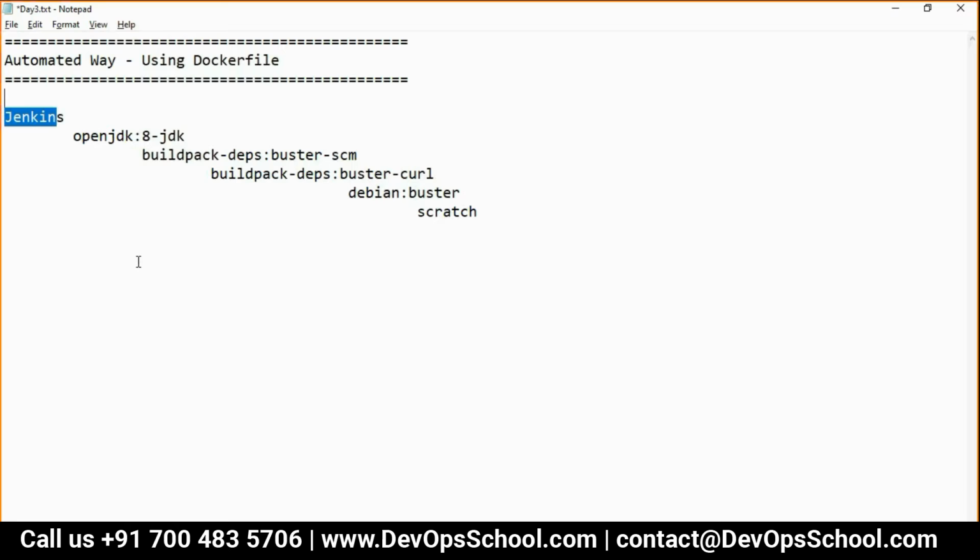You could have also done it like this: first, you create a container from Ubuntu, go inside the container, install Git, commit, then create a new container from the new image, go inside that, and install Apache. That would become two layers, two images. But what we did so far is one layer, multiple things, and one image.